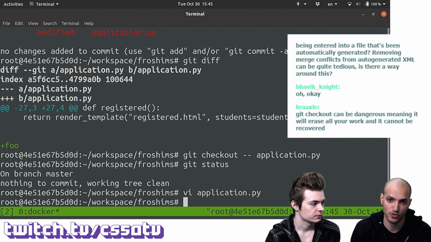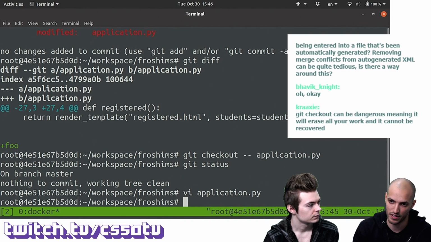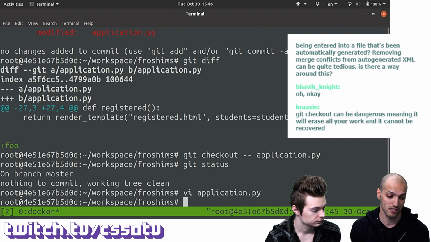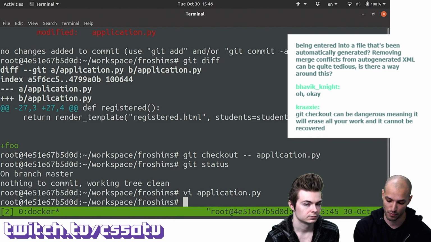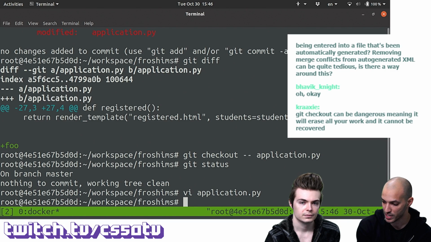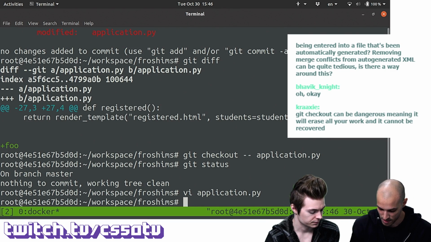Unless you preserve the history in some other way. For example, if your text editor preserves history, then the changes could be recoverable in this case, but otherwise you want to be careful when using this because you could literally lose the work that you did. This is why committing changes frequently is a good idea, right? Because you can pretty easily revert back to the previous version. Makes sense. Okay, what else do we have here?